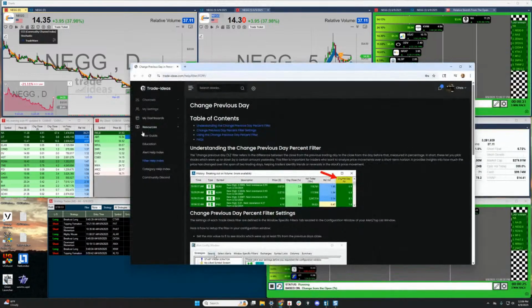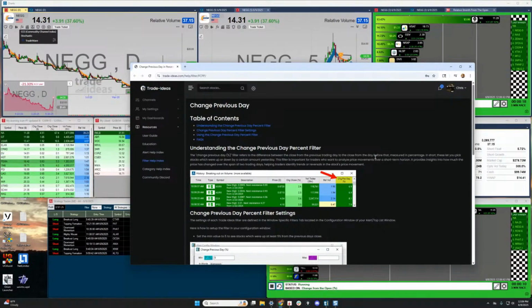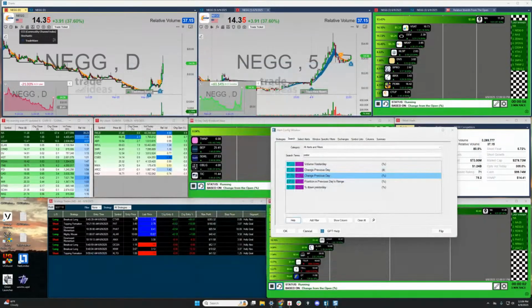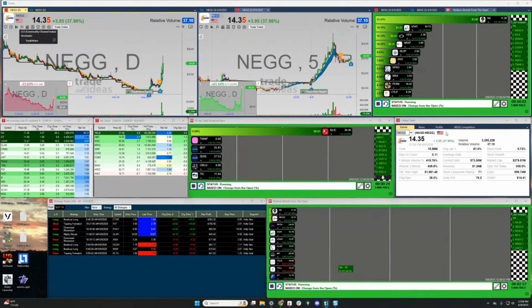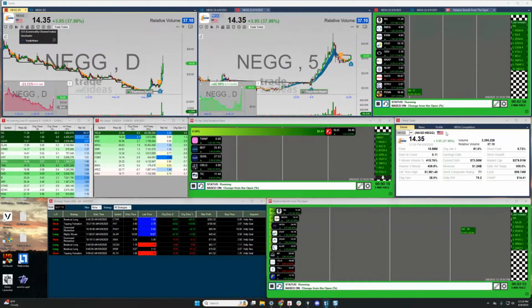There's no filter for yesterday being green. This filter is the change from 2 days ago to yesterday. So you could say that it was up yesterday X amount, but that doesn't mean it's a green candle, right? Because you could have something gap way up and then it fades through the day and it's technically up, but, you know,